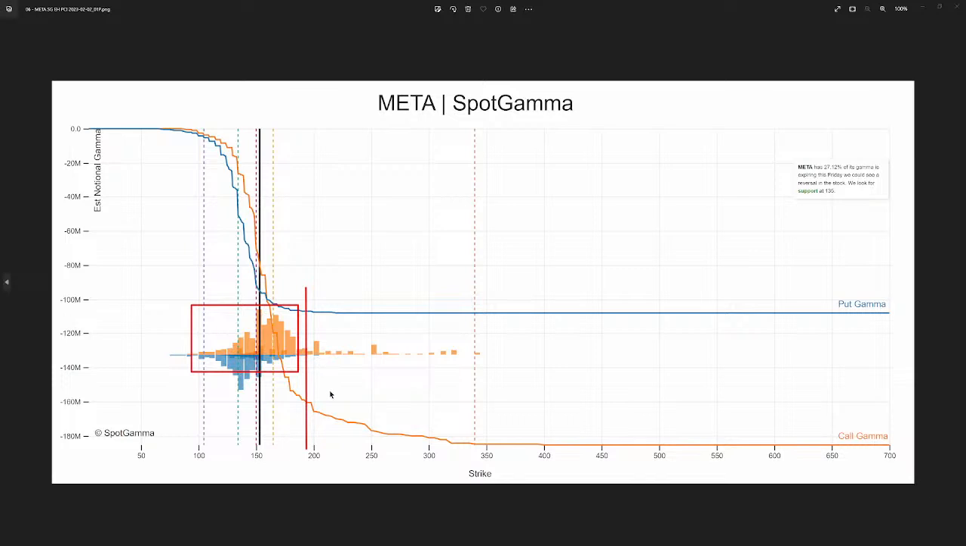So Meta gapped up and continued higher past all this call gamma, and the rate of change of gamma was quickly decreasing, indicating there was no more hedging required as Meta started to approach this 200 level. So that is a good indication that 195, 196 was near the top end of the range. Again, looking at the rate of change of call gamma decreasing sharply, all the call gamma down below,